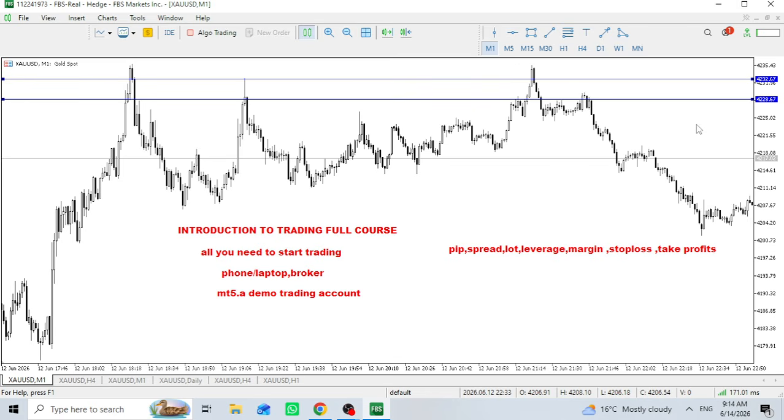Now, let me just use an example. A broker offering a leverage of 1:3,000 and you have $20. You will enter more positions on that broker than on a broker offering a leverage of 1:1,000.